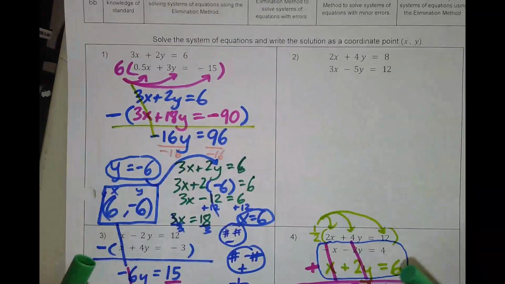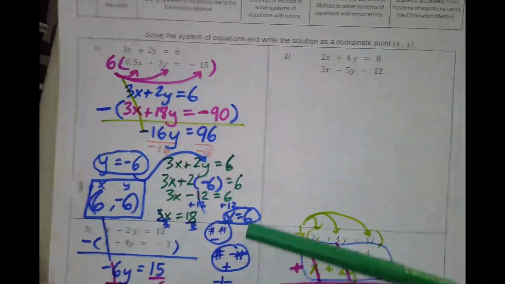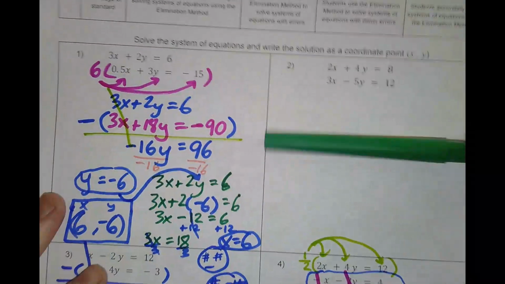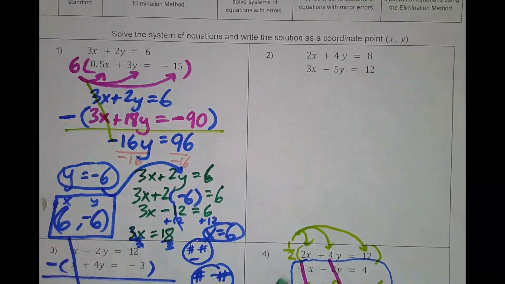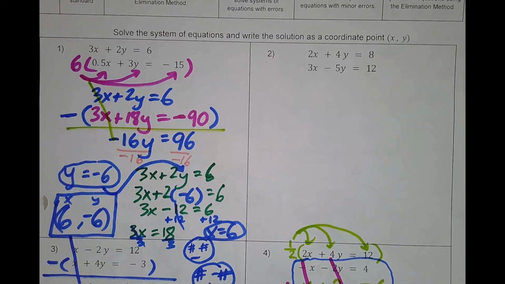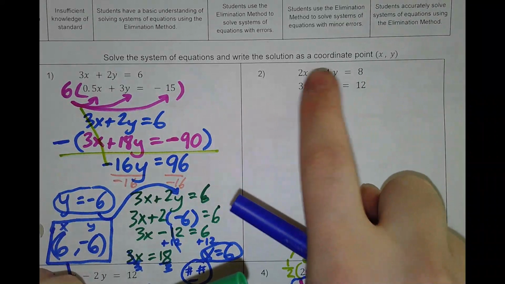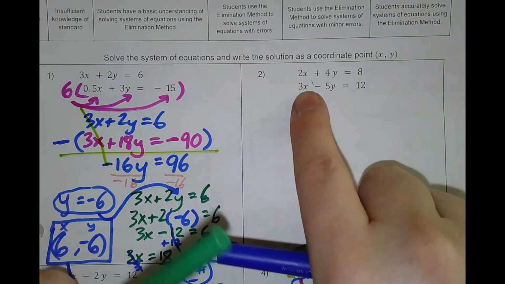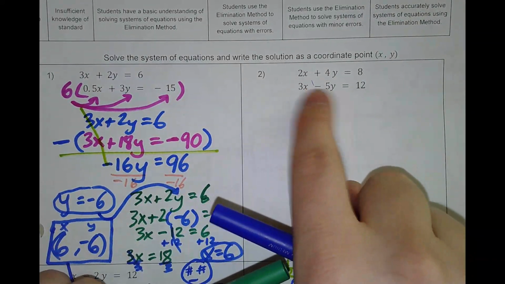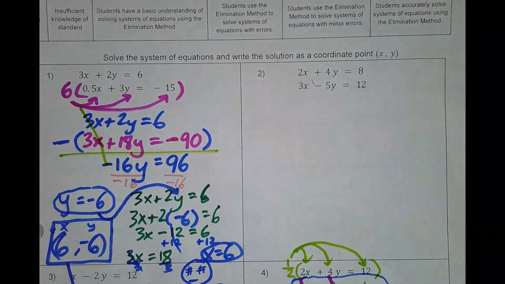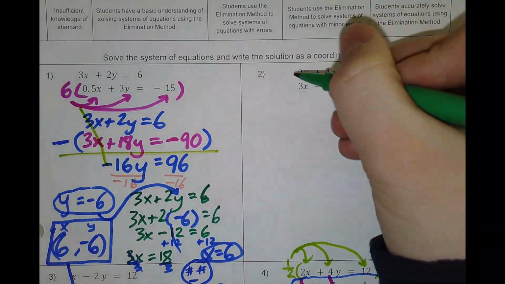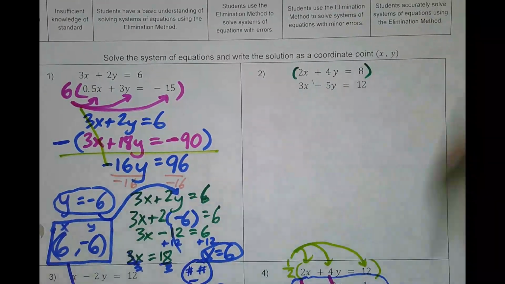Okay, this is going to be the last problem that we're going to go over to prepare for our test. It's going to be number 2. Number 2 is one of those problems that once you learn the trick, you're never going to forget. It's how do you make these numbers the same if none of them go into each other? 4 doesn't go into 5, and 2 doesn't go into 3. I mean, yes, you could multiply by a decimal if you wanted to, but the trick is to ask yourself,